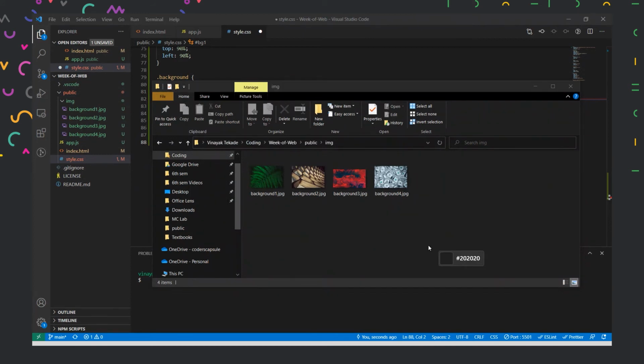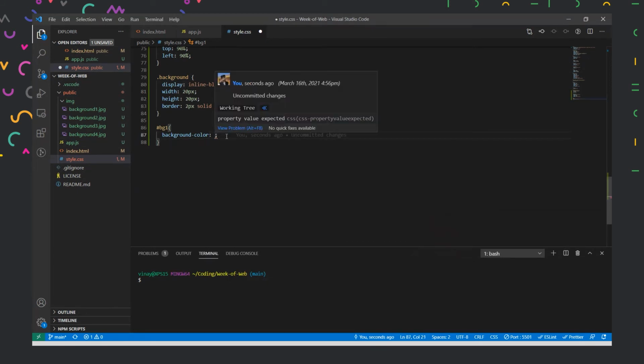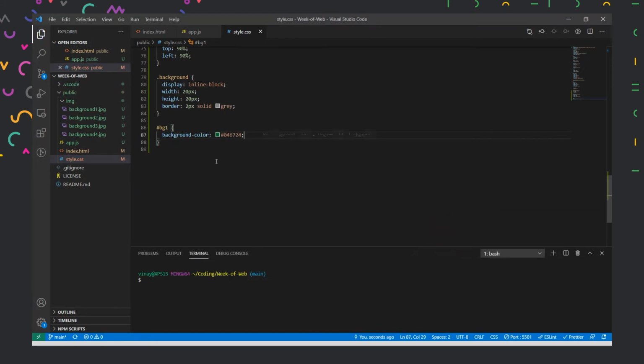So I have a tool which will show me all the colors here. It is called Windows PowerToys. So this PowerToys will give us a lot of features, and one of its features is selecting the color we have. So I want a green color over here. So I'll just select this, and it will copy the color for me. And if I paste it over here, it will paste it automatically, and we have the green color. And I'll now replicate this because we need color for all of them.